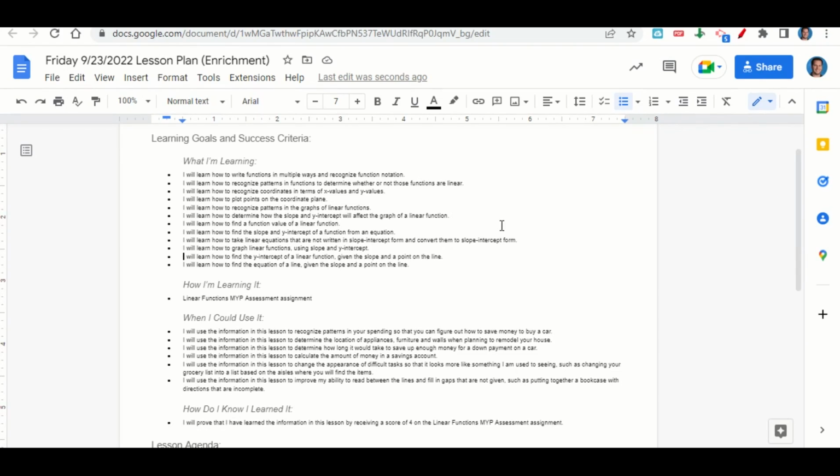To recognize patterns in your spending so that you can figure out how to save up enough money to buy a car, to determine the location of appliances, furniture, and walls when planning to remodel your house, to determine how long it would take to save up enough money for a down payment on a car, to calculate the amount